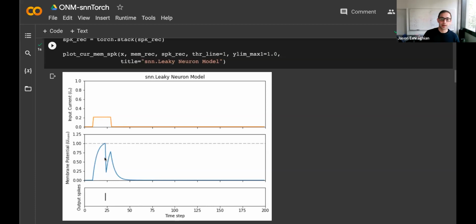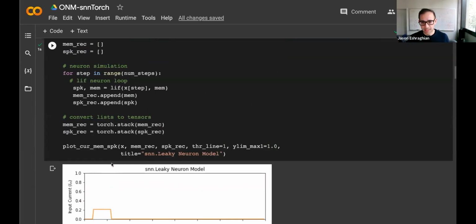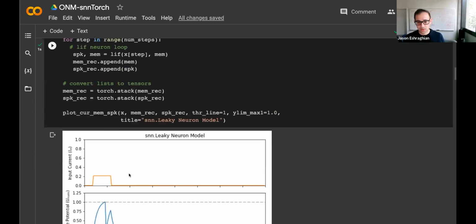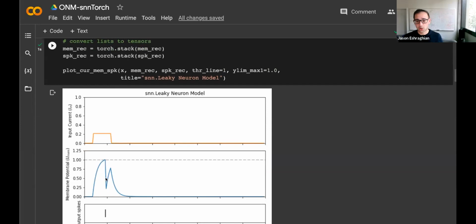So we get a sharp drop. There's various reset mechanisms. There's reset by subtraction, where you subtract the threshold. So you would see the membrane potential subtracted by 1. So in that subtraction case, let's say that we overshoot the threshold, and we subtract it by 1, the threshold. There is reset to 0, which kind of clamps the membrane potential right back down to 0. What you see here is kind of like a soft reset. So the default method in snnTorch uses this threshold scaled by your decay rate, beta. So previously I defined beta to be 0.8. So the subtraction is going to be 0.8 here.